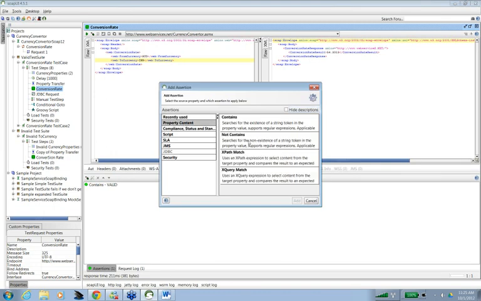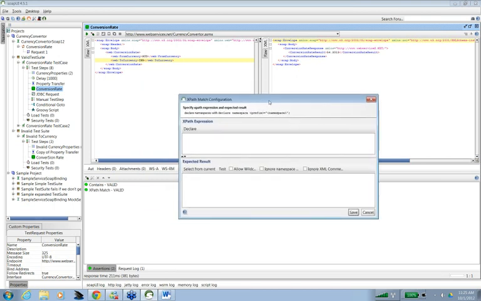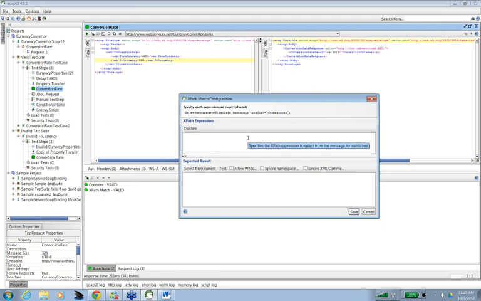Then I can use not contains. For example, if you are expecting that some text or string should not be in the response, you can search for that. Or you can do an XPath match. XPath match means you can give some XPath, let's say conversion rate result.